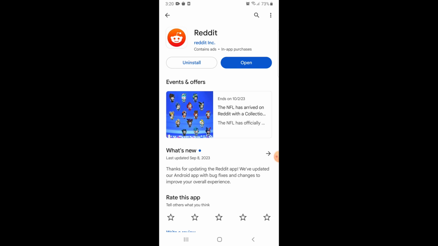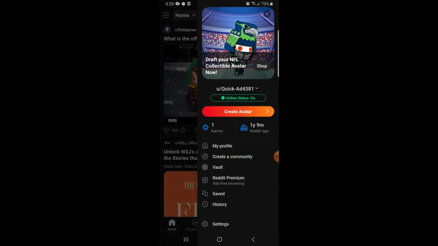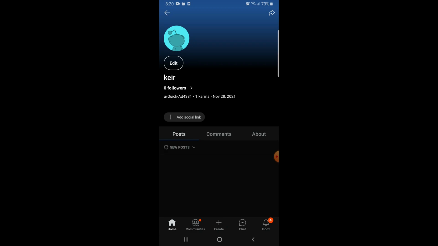First things first is open the app, and then from here at the search bar, you're gonna see your profile. Click on it, the circle one, and from here you're gonna click on my profile, and then from here click on edit,